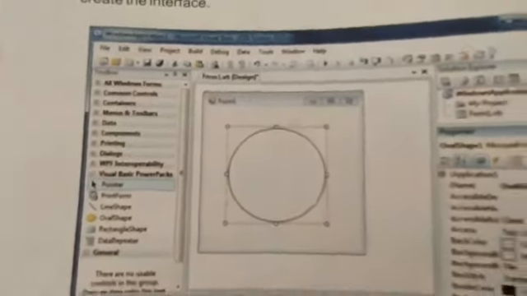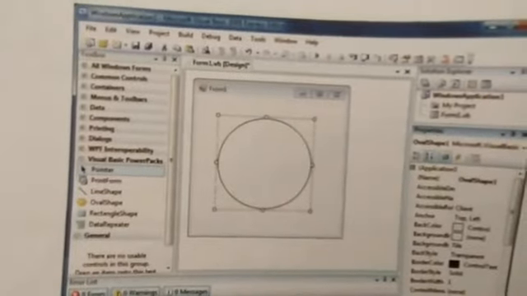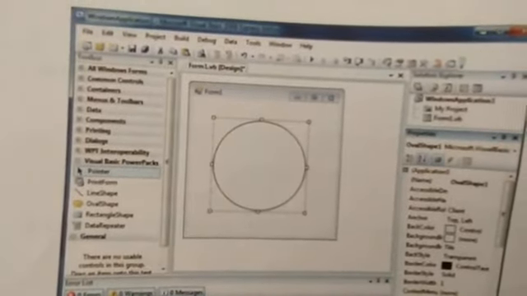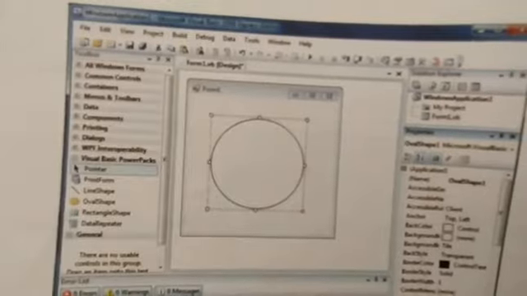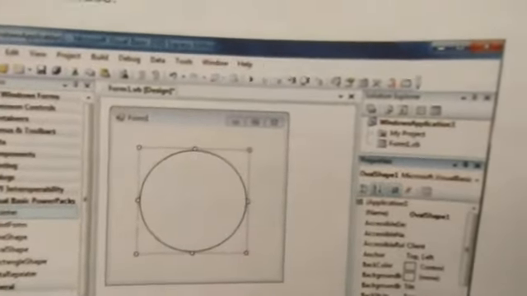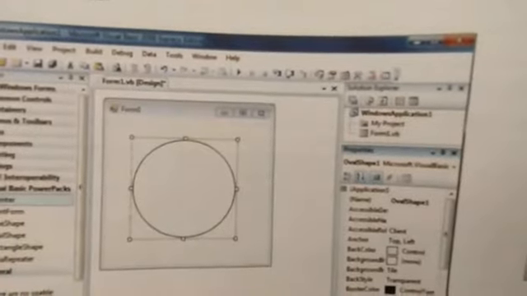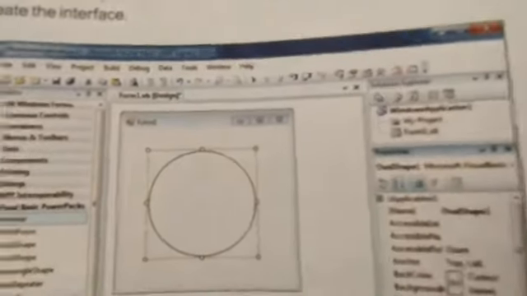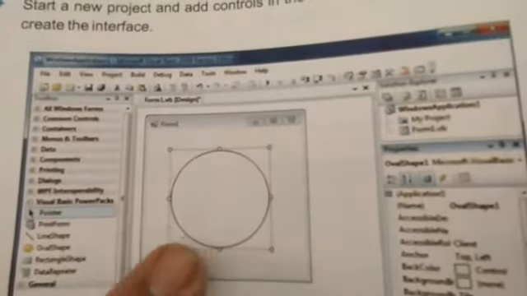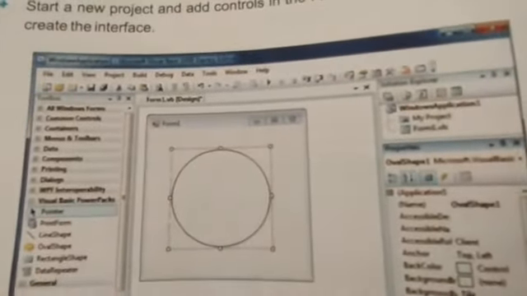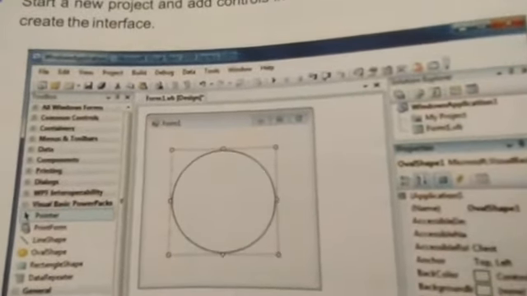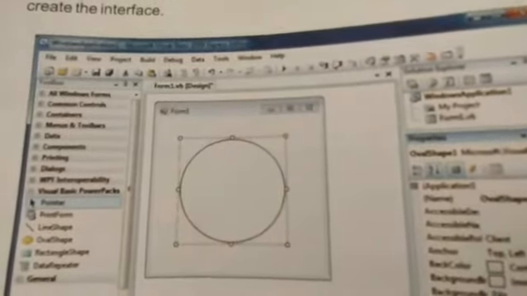Then you can use any shape according to your need. You just select this shape and drag it into your form. After dragging any shape into your form, you can resize it by these points around the shape. So you can define the size of your shape by using the mouse.